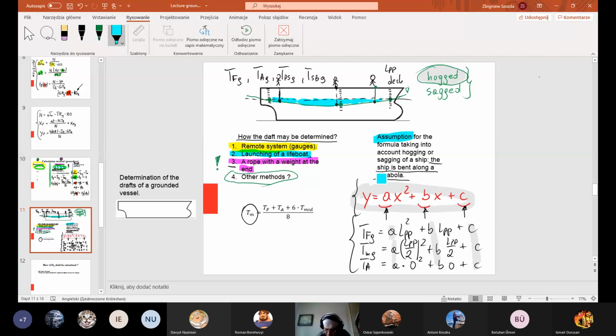If we consider the problem in this way, starting from the assumption that this is a parabola, the final formula we can develop, we can justify to some extent,